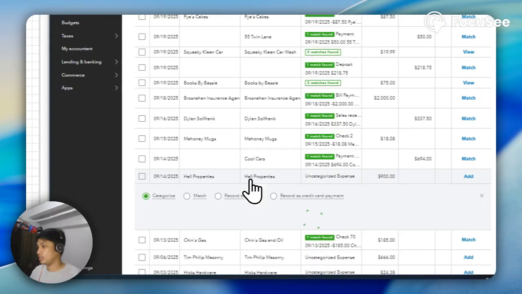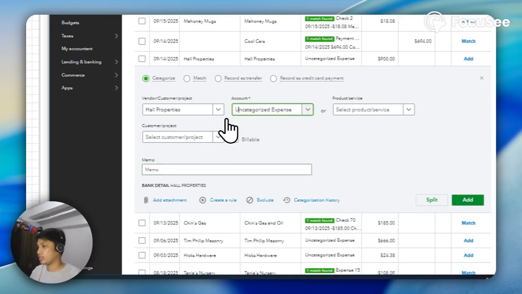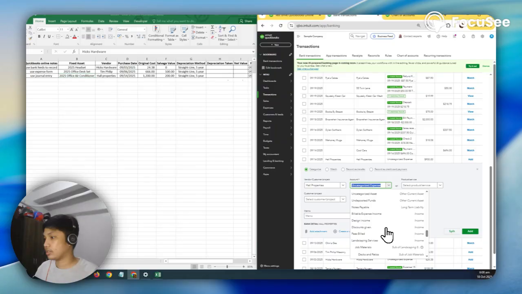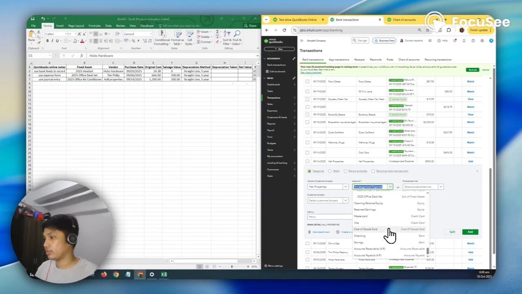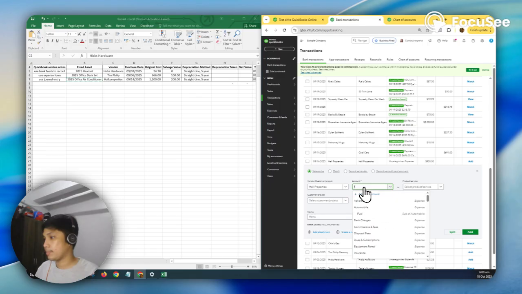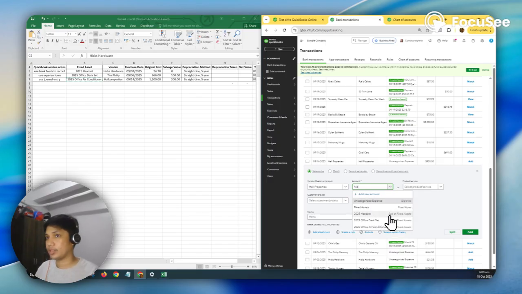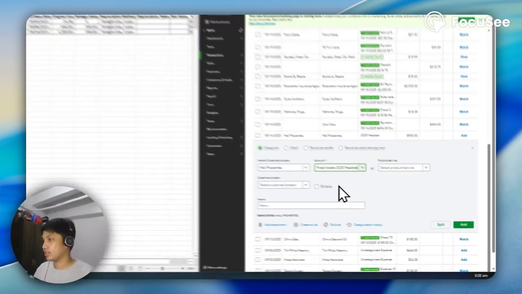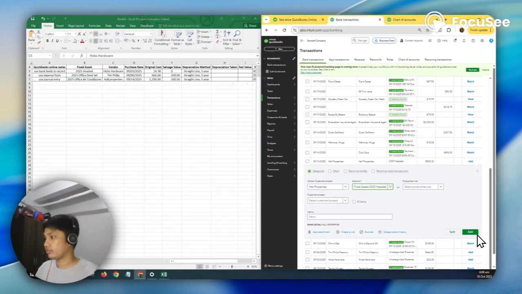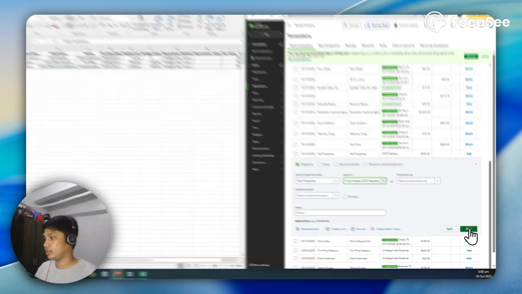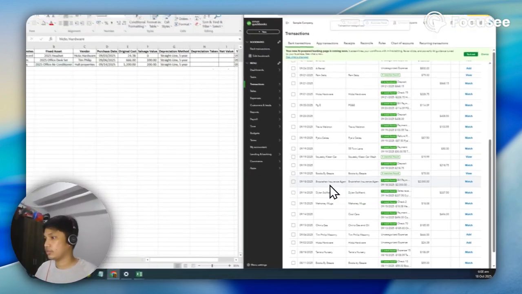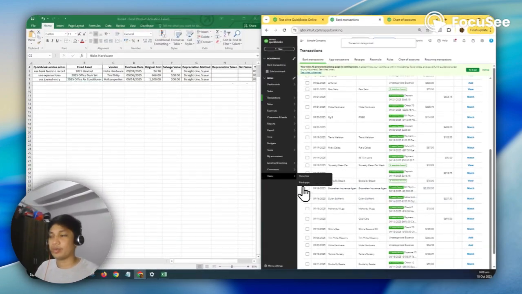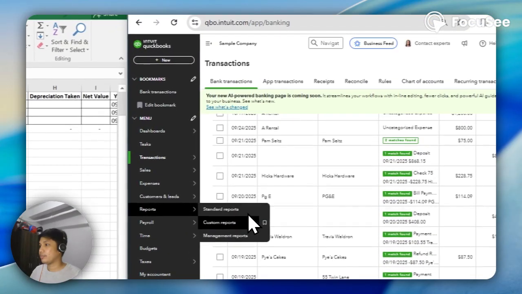I'm going to click again and then fixed assets, headset. All right, I'll add this one. Very straightforward. And then let's check what happened in the balance sheet.